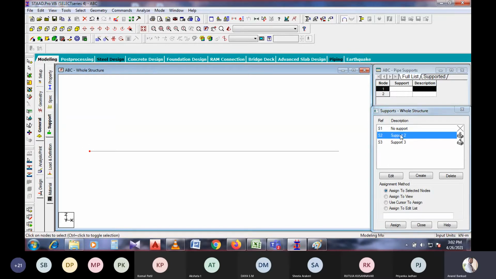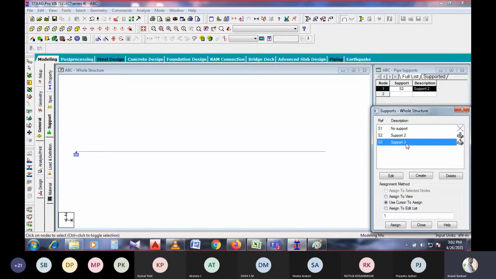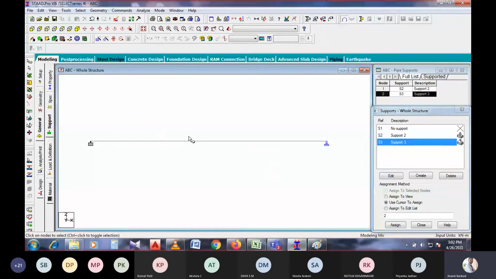So once you select this support, for the beam node which you are going to assign, that will be selected, and then assign. Now you can see this is the support condition for the fixed one. And again, now you will select a pinned support, the support will be considered, and you are going to assign it, right? This is how we have assigned particular supports for each node, right?